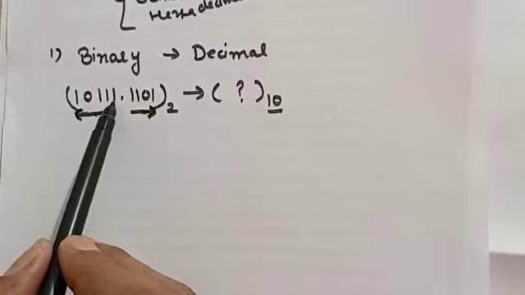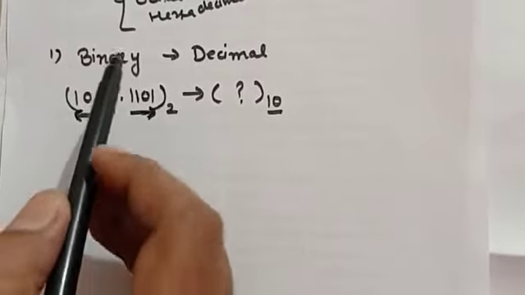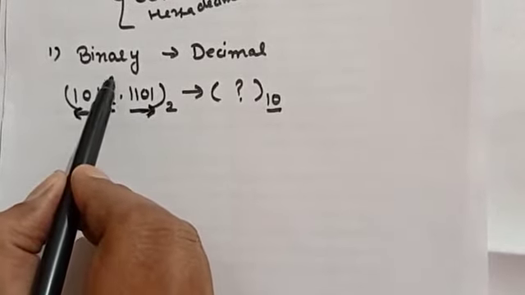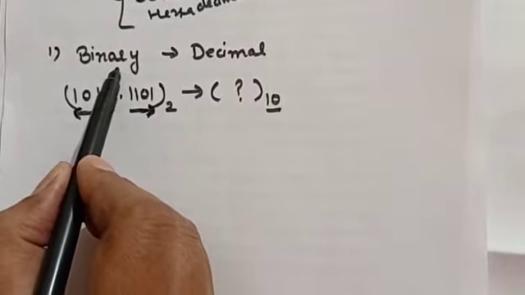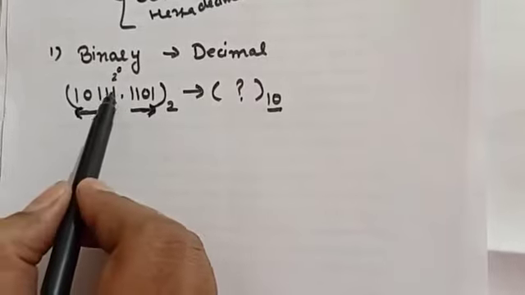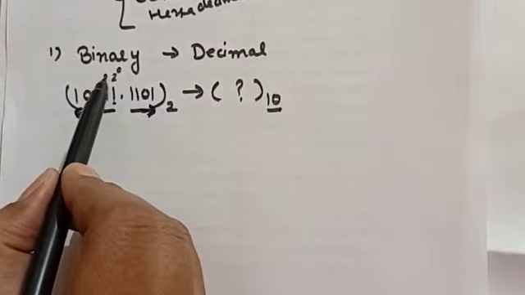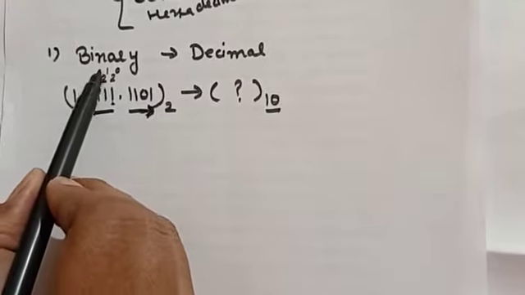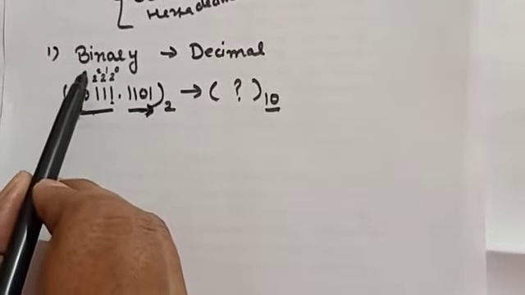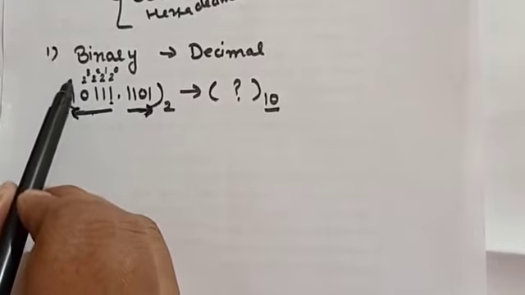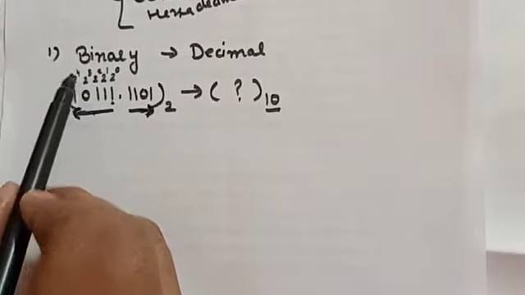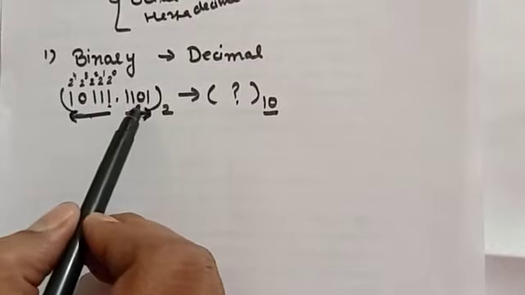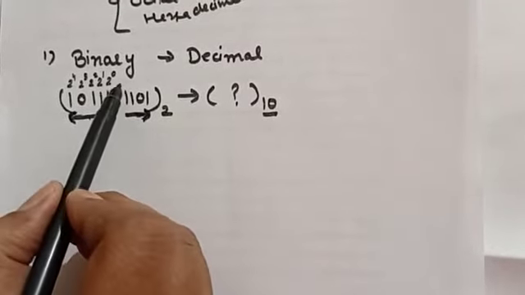Each digit of the binary number is multiplied by the weight assigned to it. As this is the location, the weight assigned to this location is 2 raised to power 0. Weight assigned to the next location is 2 raised to power 1. For the next location it will be 2 raised to power 2. For this 0, 2 raised to power 3, and for this it is 2 raised to power 4. So these are the weights assigned, whereas for the case of fractional part the weights are